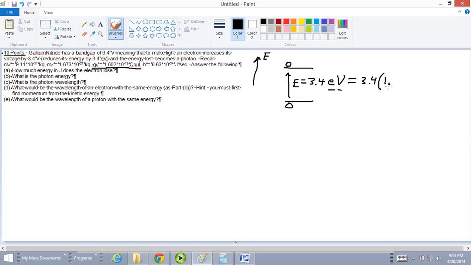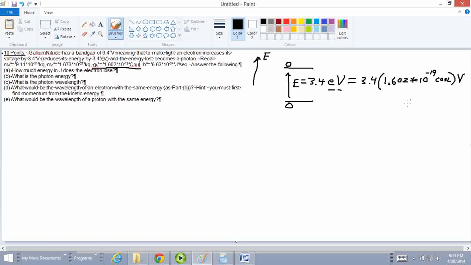Electrons have a negative this amount of charge. Okay. For beginning students, getting this straight is a bit problematic. Okay, so the energy the electron gains going up to the higher energy state will be this